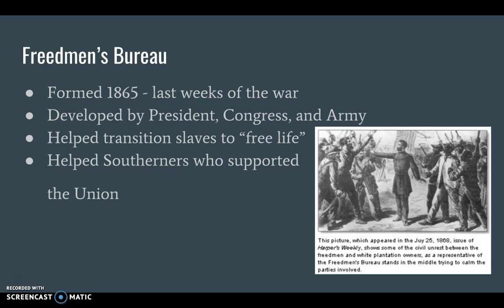In March of 1865, during the final weeks of the war, Congress and the President established a new government agency to help former enslaved persons, or freedmen, called the Freedmen's Bureau. This agency was actually part of the Army. It helped transition the slaves to freed life. It also assisted the Southerners who supported the Union. So in the years following the war, the Freedmen's Bureau played an important role in helping African Americans make the